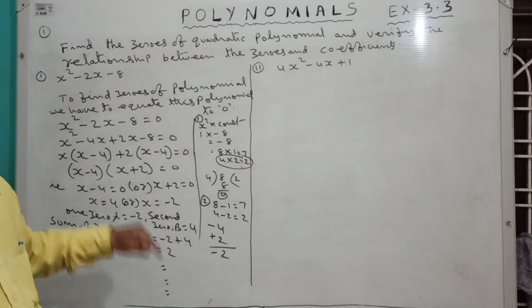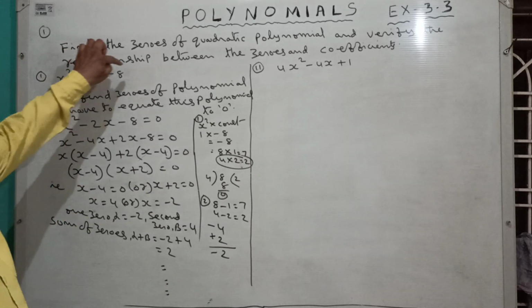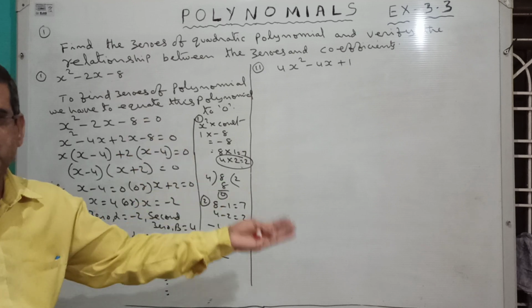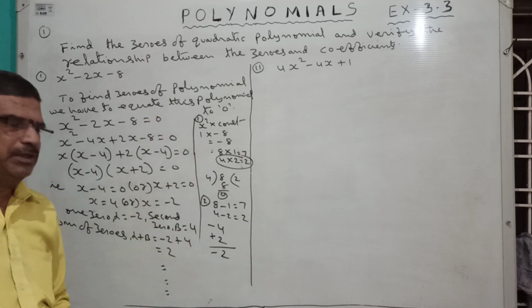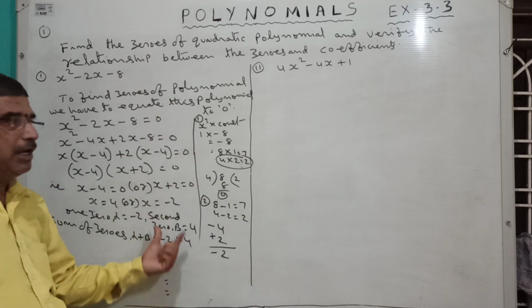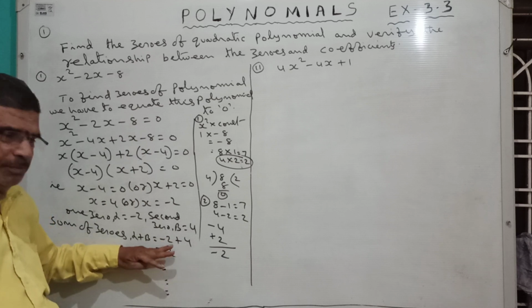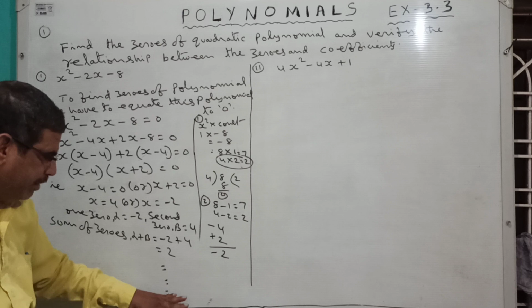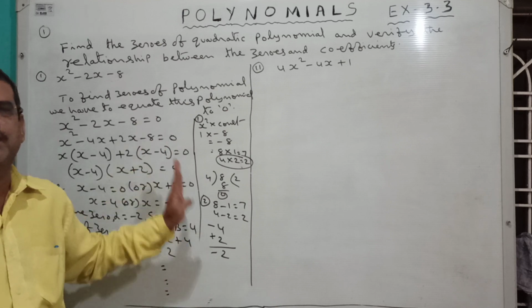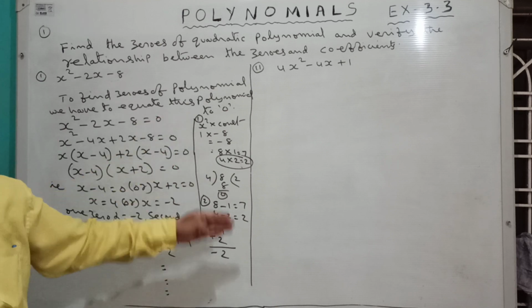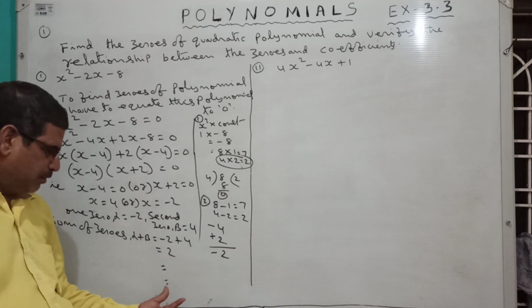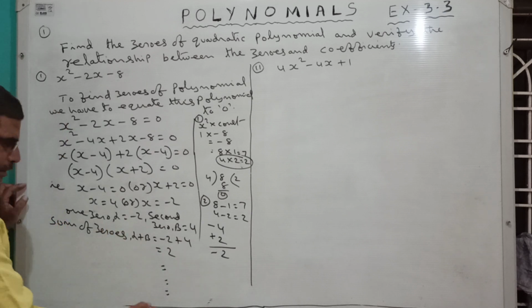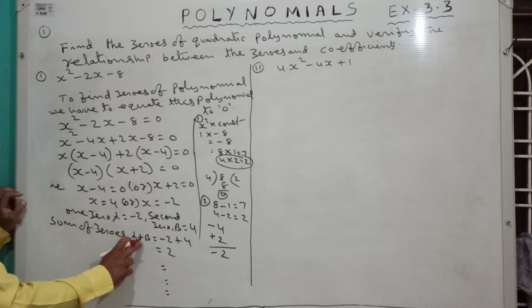Already I told in the basic class, in a quadratic equation, the sum of the zeros formula is minus b by a. For ease of this sum, I will stop here. After leaving one or two steps, I will come from the bottom for easy understanding. After that, you can understand easily. So follow this procedure. So here I have to find the sum of zeros.